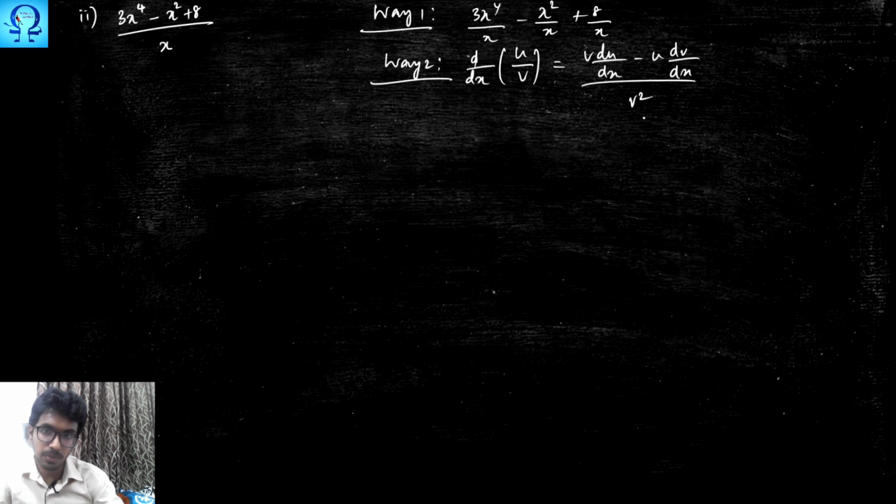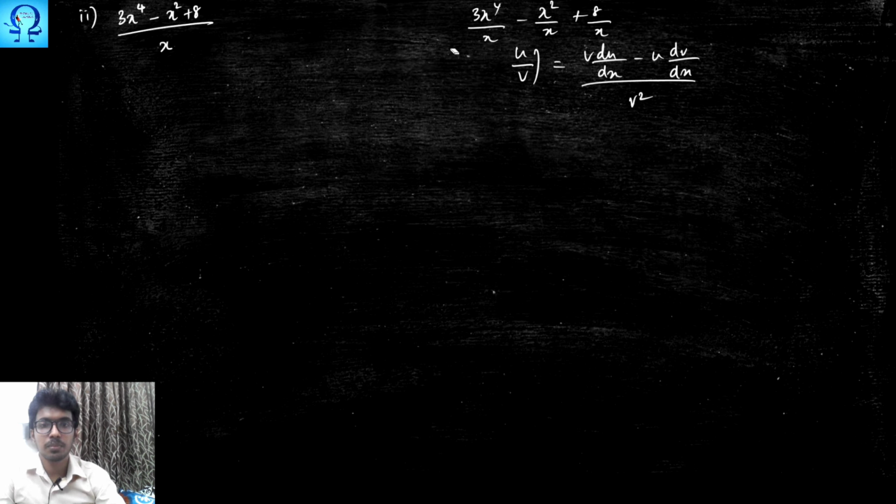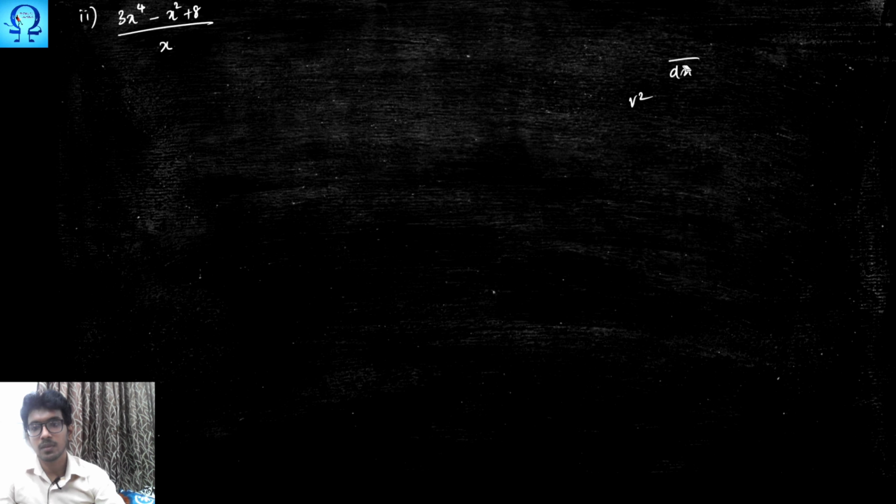As I said in the previous case, we are going to see some examples where this quotient rule is applied. That is why I am going with way 1 in this problem as well. But you people have to know there are several ways to deal with the same problem. After knowing that, we can decide our own convenient way.